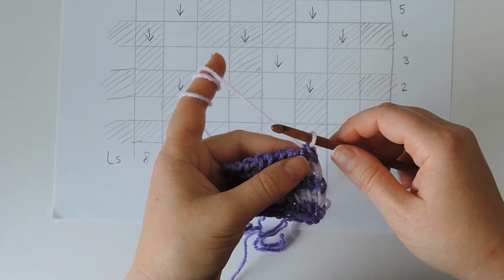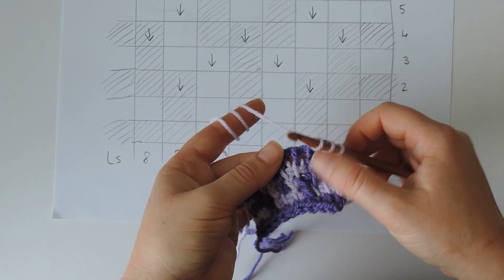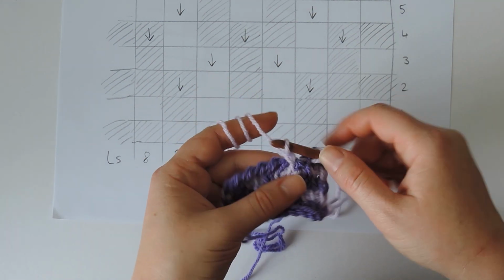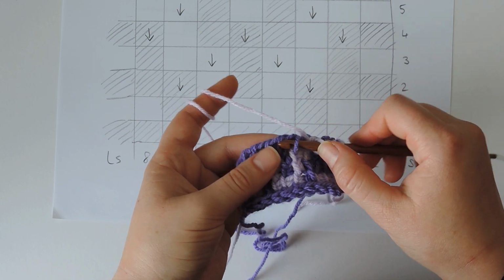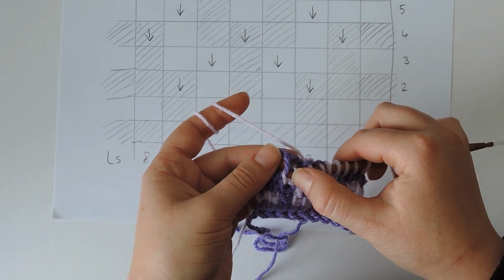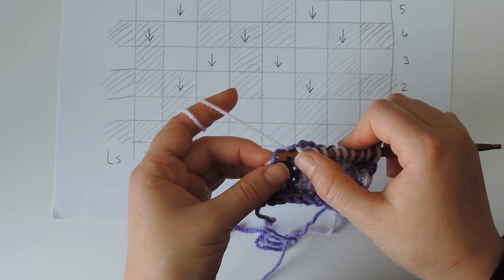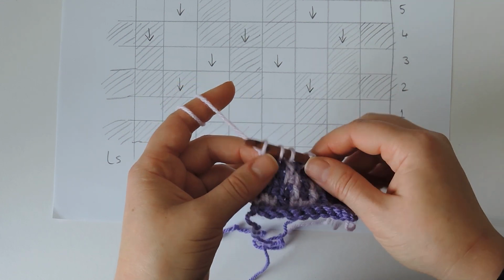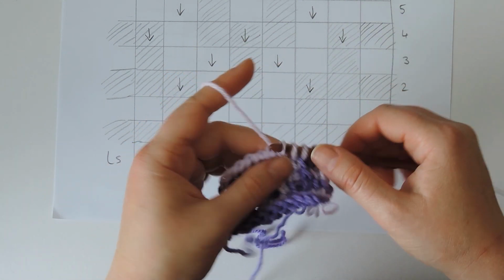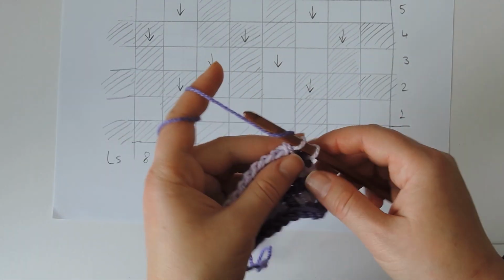Row 6 or row 5 of the pattern repeat, 2 simple stitches, 1 tall stitch, 3 simple stitches, 1 tall stitch, 1 simple stitch, the last stitch, and then chain 1 and yarn over, pull through 2 to return until you have 2 loops left on the hook. Switch color,